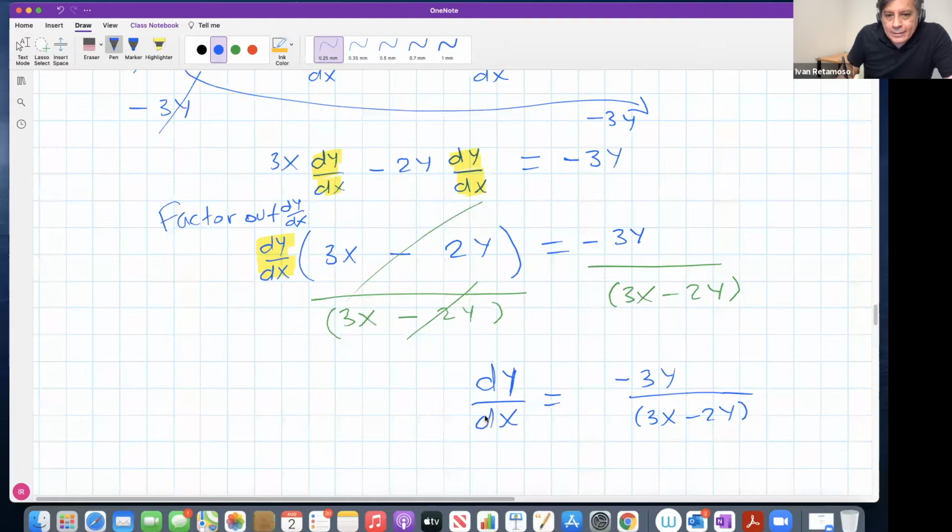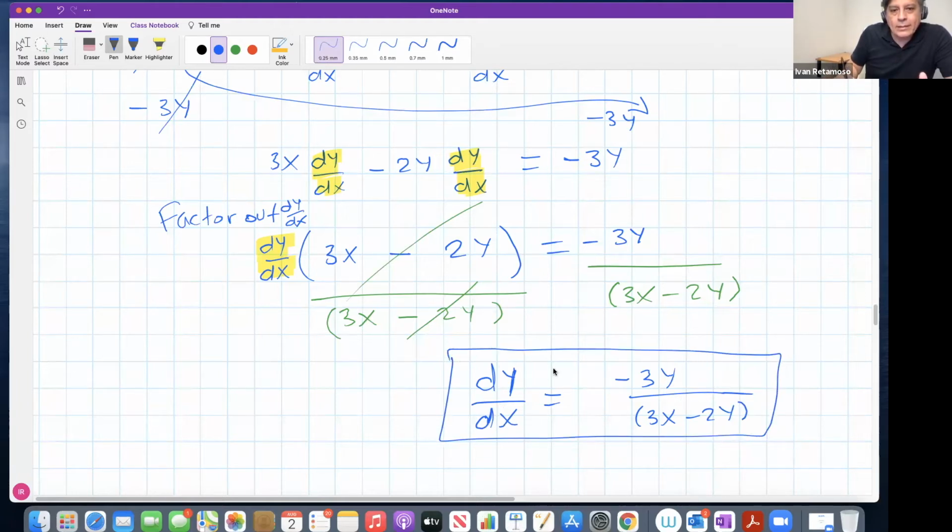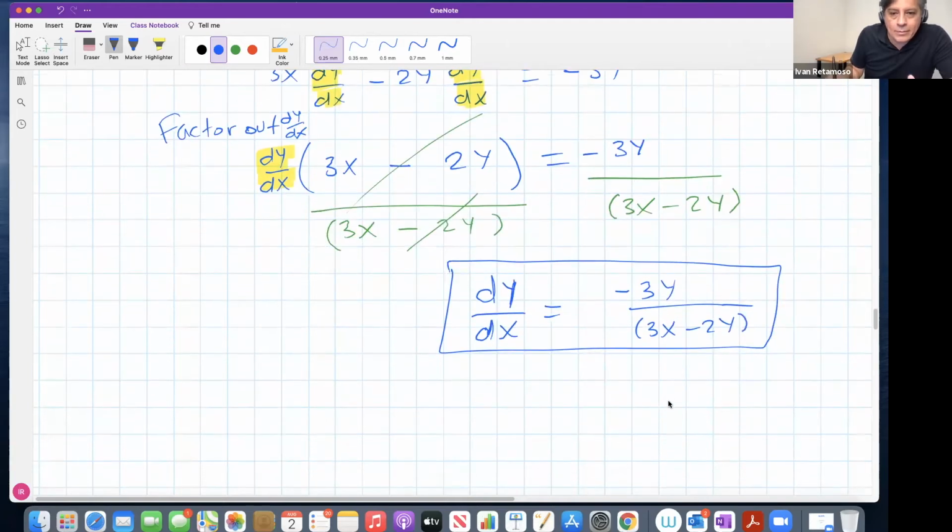However, sometimes when you look at the multiple choices, your answer might not be there. So this is my answer. On the homework, it's not going to matter because no matter how you write your answer in the homework, the computer will take it. But let's say in the multiple choice, you look for this and it's not there. Professor, this expression for my answer, I cannot find it on the multiple choices. Then